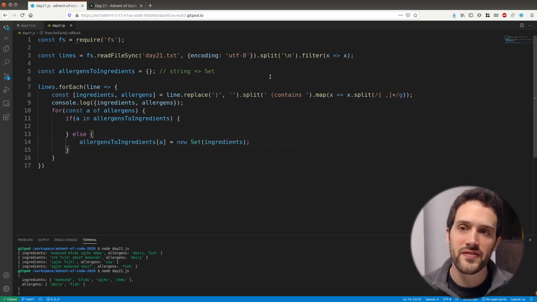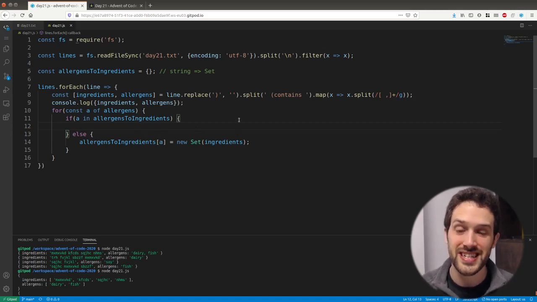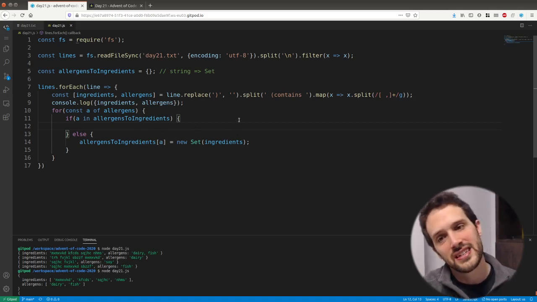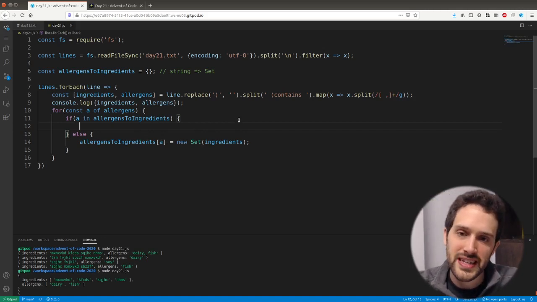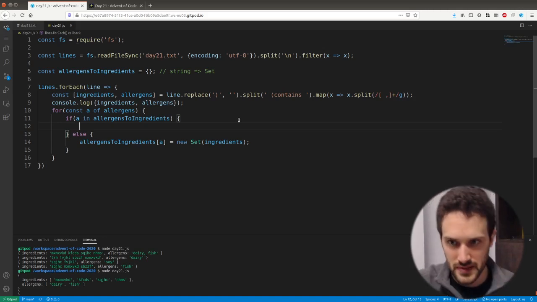And we just talked about doing intersection between two sets, and this is happening at that time, meaning if there is already a set in this space, we need to do an intersection between two things. So that's going to be interesting. How should we do the intersection in JavaScript? I think we're going to say,